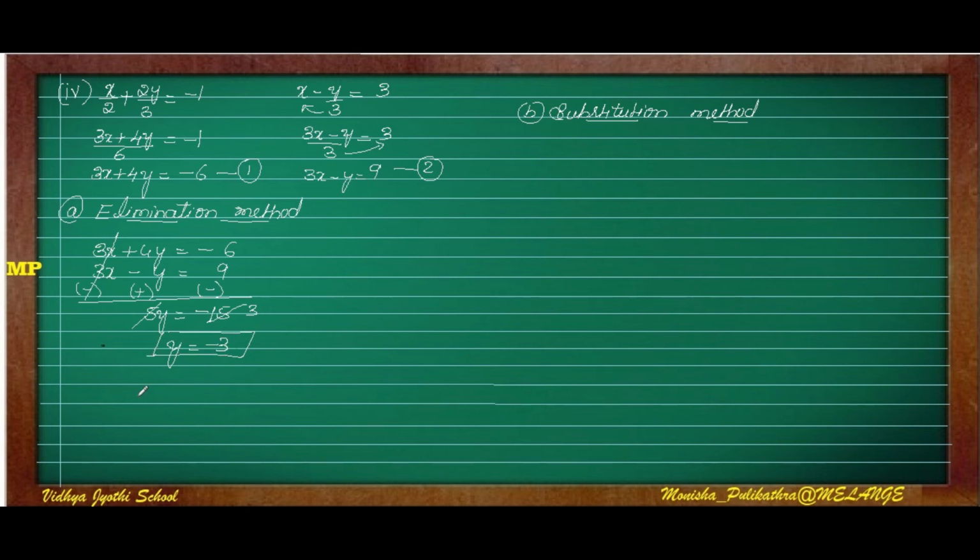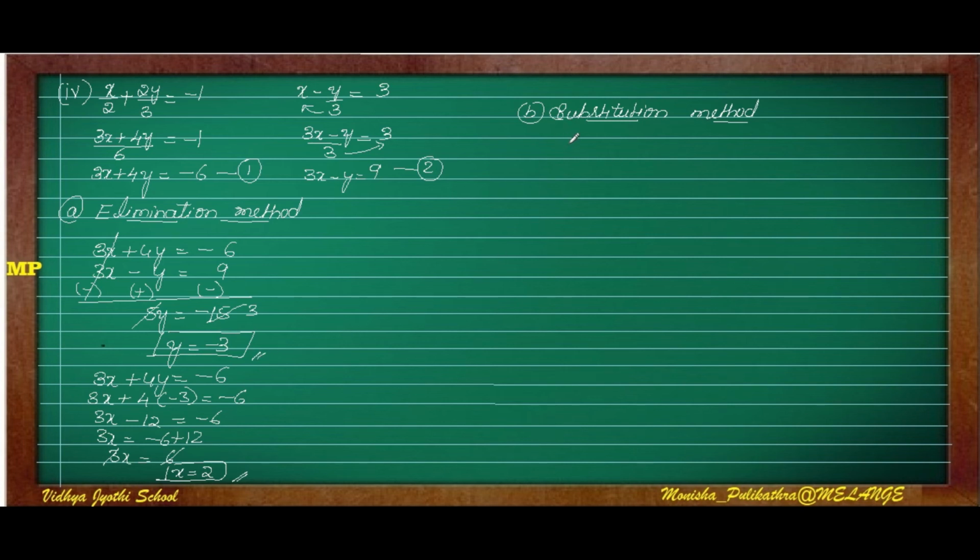So next, moving on to the first equation. First equation is 3x plus 4y is equal to minus 6. So in the place of y we have to substitute the y value. So 3x minus 12 is equal to minus 6. So 3x is equal to minus 6 plus 12. So 3x is equal to 6. That is 3 2s are. The value of x is 2. So we got value of x is 2 and y is minus 3.